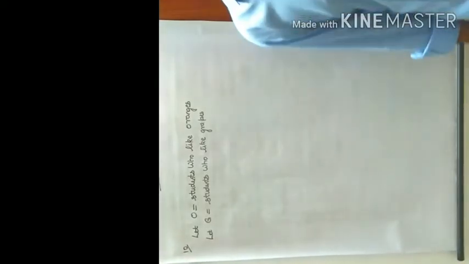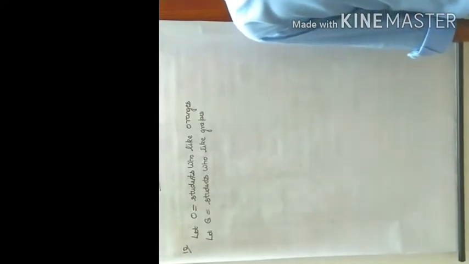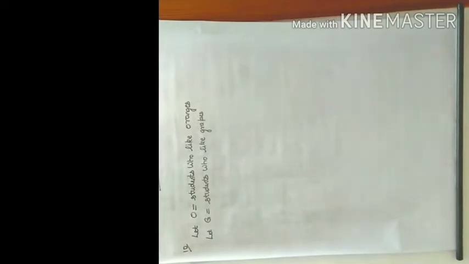20 like oranges. See here, 20 like oranges. It is not only oranges. That means 20 will contain people who like only oranges plus those people who like oranges and grapes both. And what more is given? 20 like oranges while 10 like both. And draw a Venn diagram also, to find how many like only oranges.